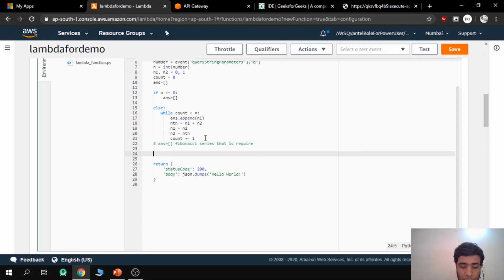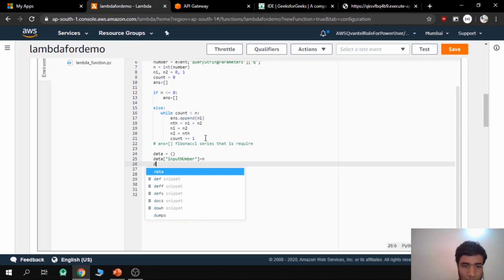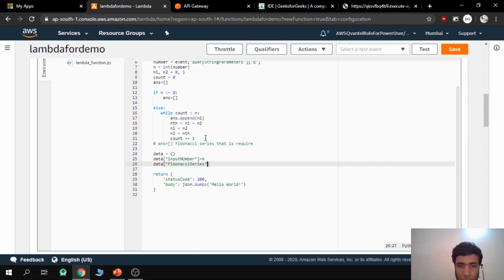So let's just create a new dictionary or JSON. We're going to call it data, and in data we'll have something called input number. Input number is the number which a user has given, that is n, and data of Fibonacci series is equal to answer.